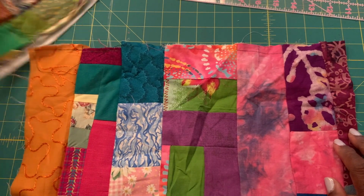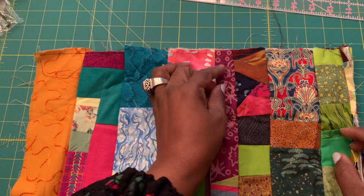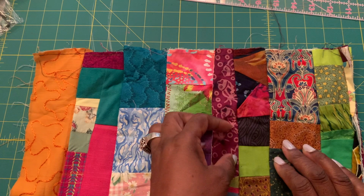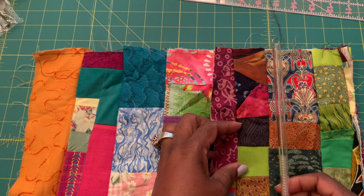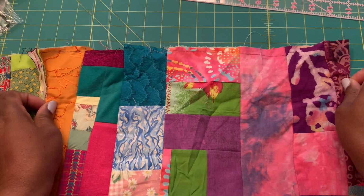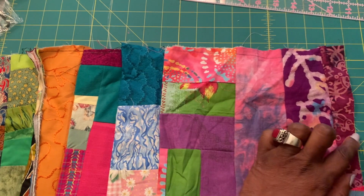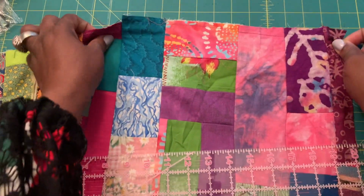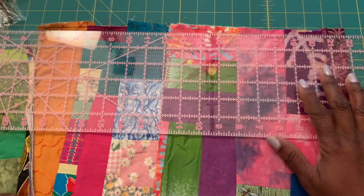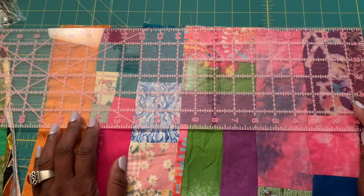Piece 6 inches wide. Let me verify. All right, now we have to make a pocket. Probably since this is 9 inches long, at least 5 inches high. All right, so 1, 2, 3, 4, 5, at least 5 inches wide, 5 inches tall. You know what, maybe 6, because it's easy to go along with this